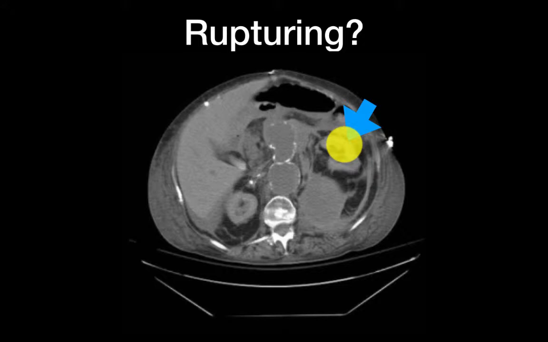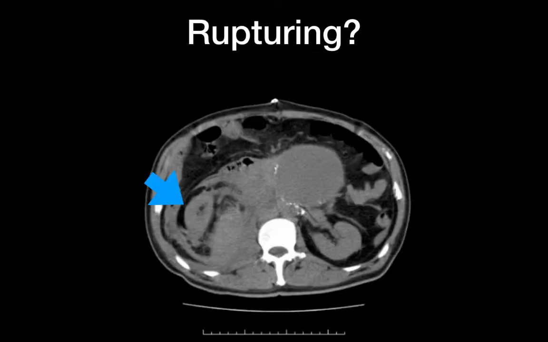In fact, there's no data on where AAAs tend to rupture. No one's really cared about where this actually happens really until now. But finding that kidney anteriorly can be a tip-off that there's something pushing it up there, i.e. a retroperitoneal hematoma. Here is one on the left side, and you can see,